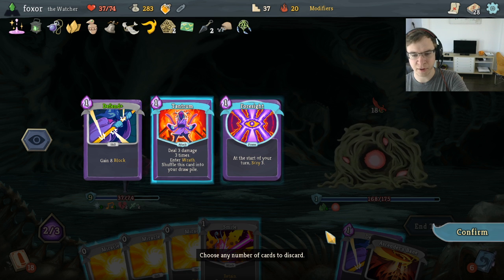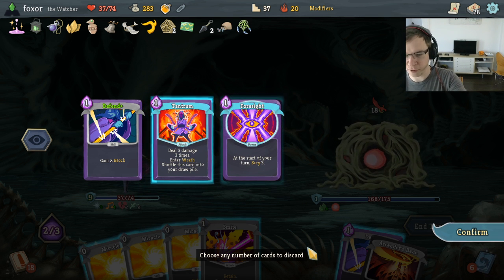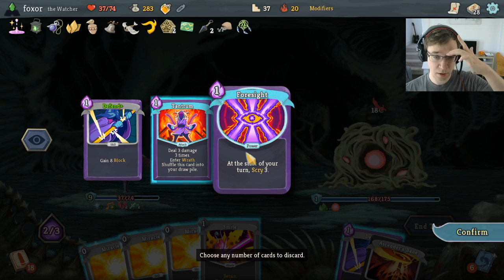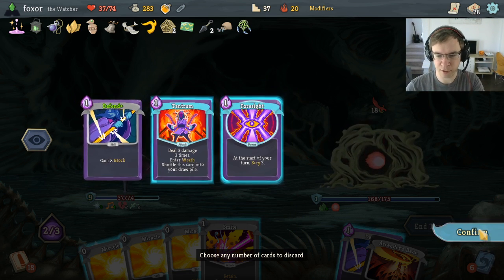Tantrum is not great against Malleable, as was previously observed. We do have some smites. We probably don't want to enter Wrath in this fight until we have lethal. There's no special foresight interaction in this fight, so I think I'll get rid of it. It's okay, but...